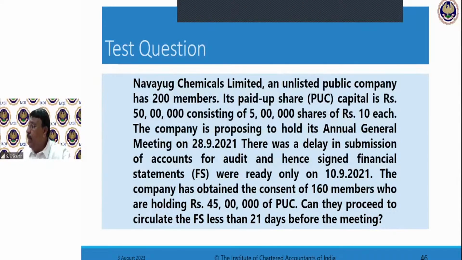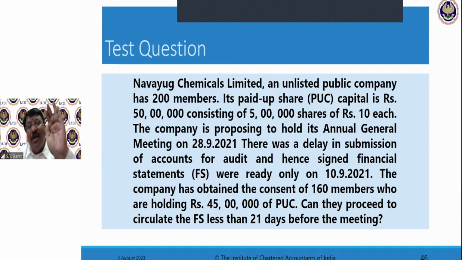What to do? They can circulate now and postpone the EGM till, yeah, what they need to do is, the AGM they have already called, na? That AGM needs to be postponed now. That's the only way. Because the gap between this should be more than 21 days. There's no other way. You have to postpone it. That's all. There's no other way. Because you have not got the members, right? So you have to postpone it.